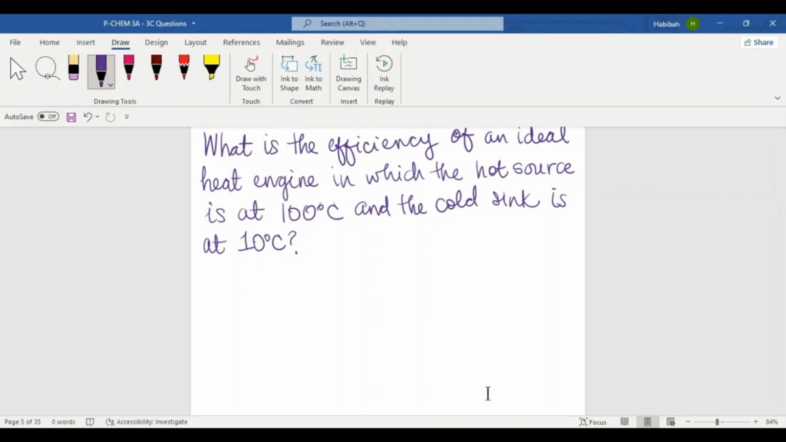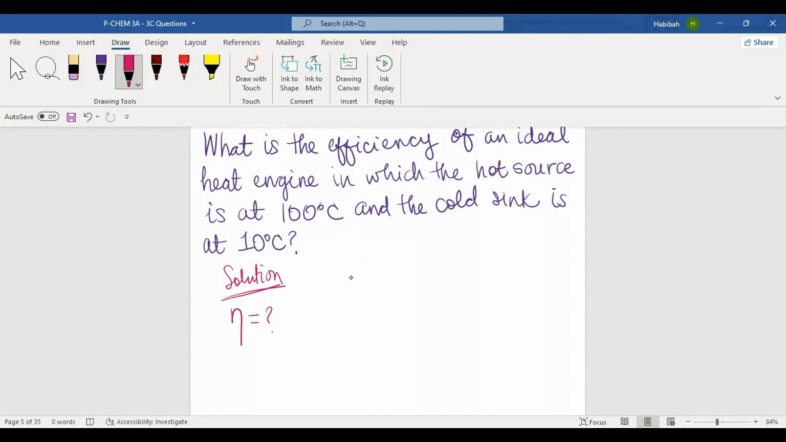So today we're going to be working on the question on the screen that says, what is the efficiency of an ideal heat engine in which the hot source is at 100 degrees Celsius and the cold sink is at 10 degrees Celsius? So the first thing you have to note is that we're asked to find efficiency, and of course, the symbol for efficiency is this one right here. So we're asked to find efficiency. We're told that